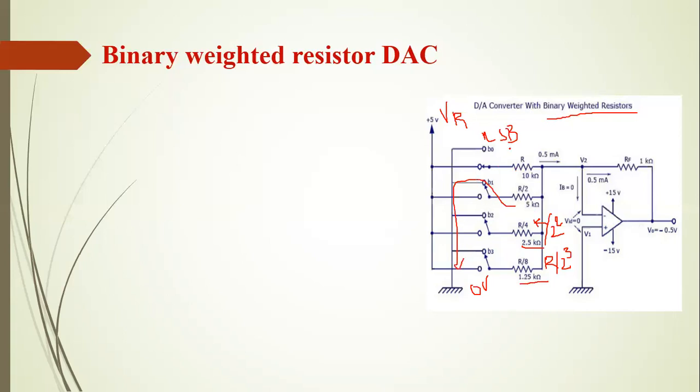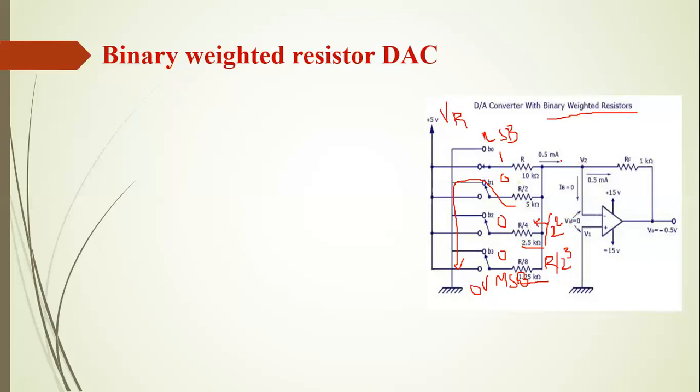Here the combination is, this is 1 and this is 0, and this is connected to 0, and this is also connected to 0. So here the data is 1 0 0 0. If we consider this to be the LSB and this the MSB, you can take it in reverse order, that is 0 0 0 1. So this is the binary input we have applied to the D2A converter. Now this circuit has to convert this 0001 data into the equivalent analog output voltage.